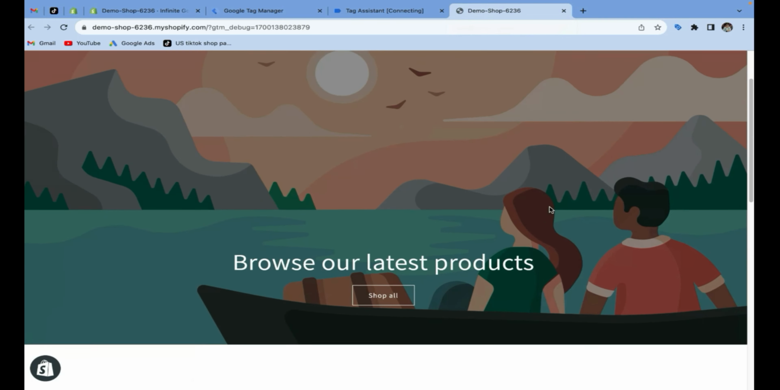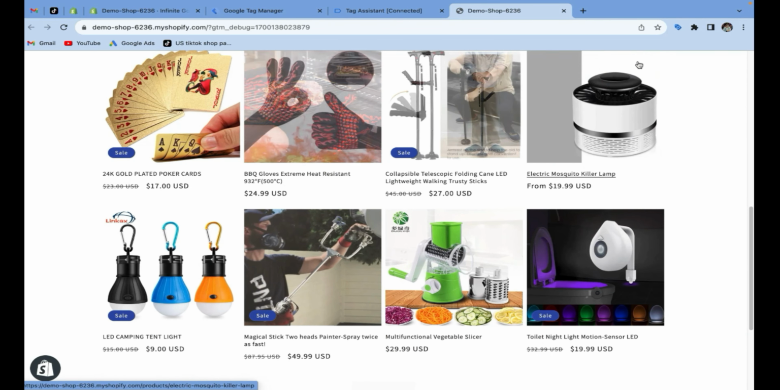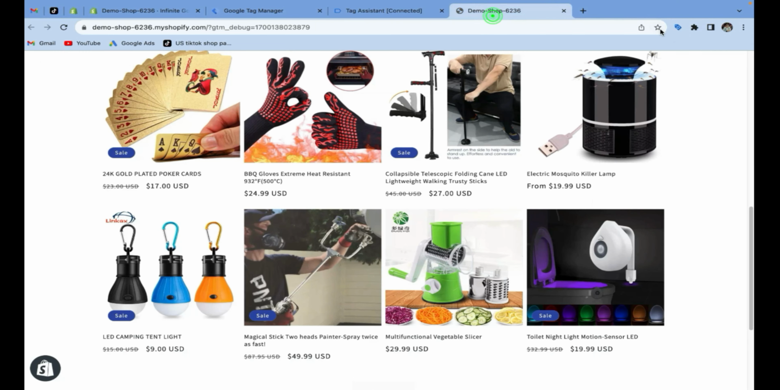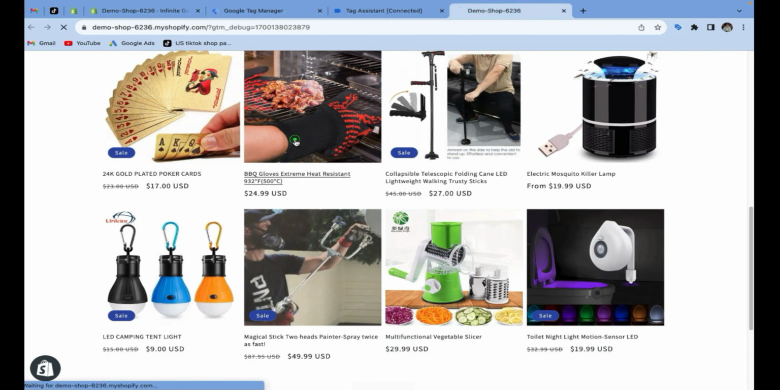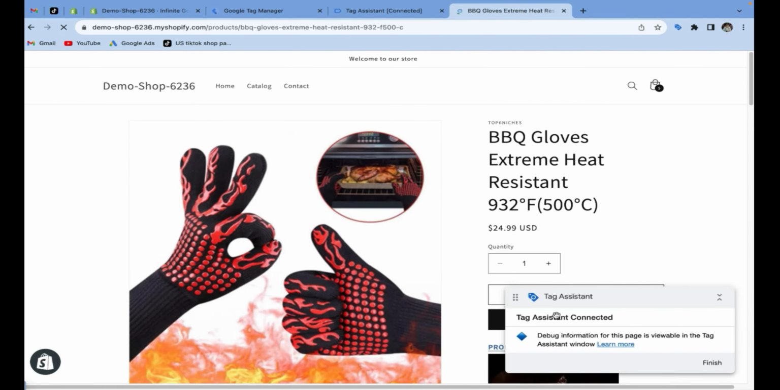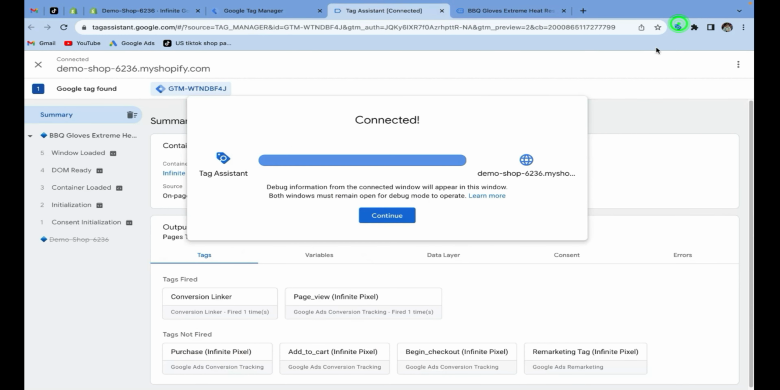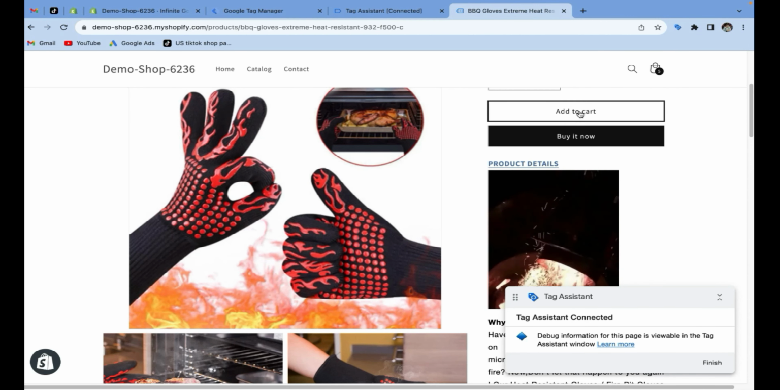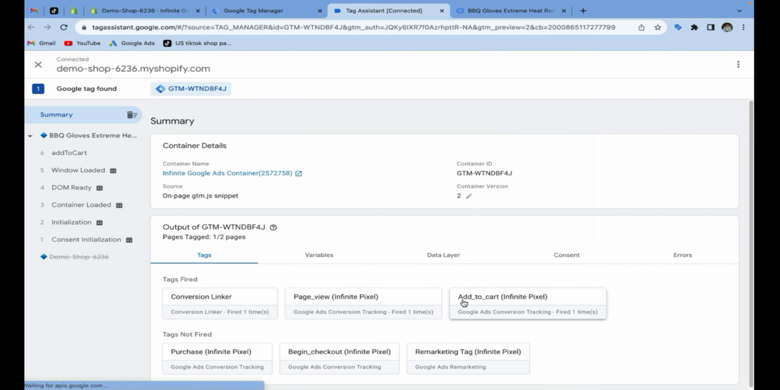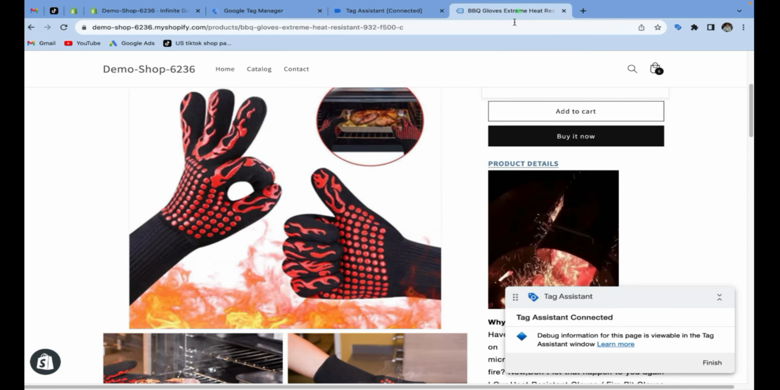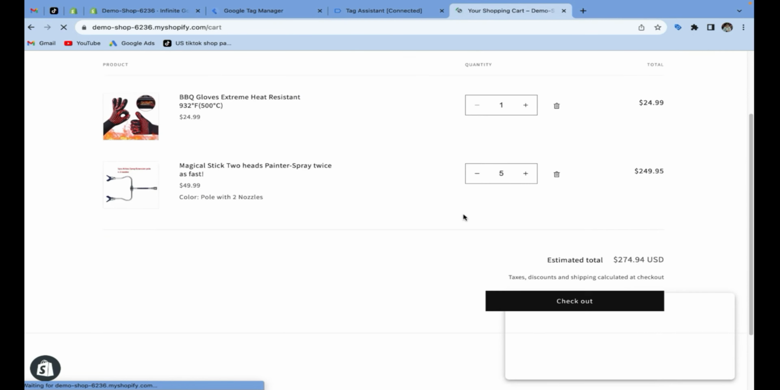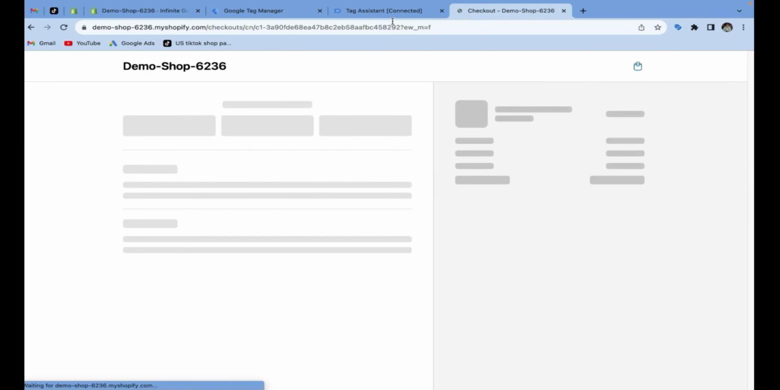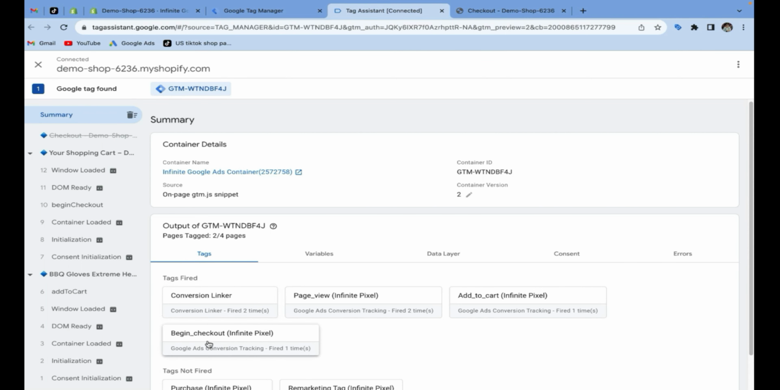and so I am on my online store. Open any product. Make sure you install the extension, that is Tag Assistant Companion, and the extension is activated here. Perform any activity and click on continue. You can see page view and add to cart is fired, and likewise I am performing activity. Now I will click on checkout. You can see begin checkout is also fired,